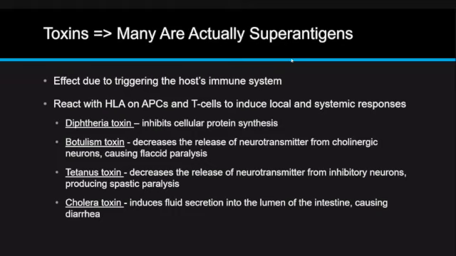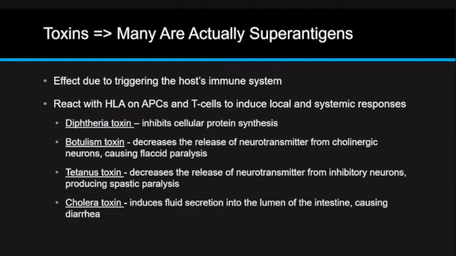specific pathogens. Okay, so toxins as superantigens. What this means is essentially it's an antigen, it's going to cause an antigen-antibody type reaction, it's going to trigger the immune system. Okay, it can react with the human leukocyte antigens on your antigen presenting cells. That's what HLA on APC stands for, human leukocyte antigen on your antigen presenting cells and your T cells. And so then it can induce both local and systemic responses. So these toxins essentially become these superantigens, which then can cause either significant local effects, as in the case of some of your secretory diarrheas, or it can cause systemic